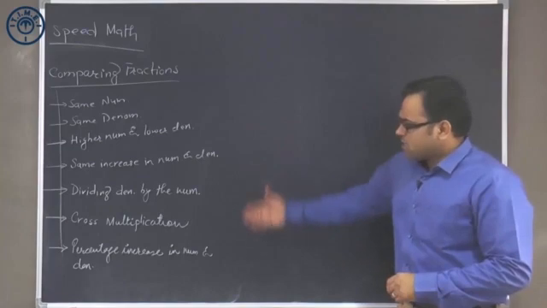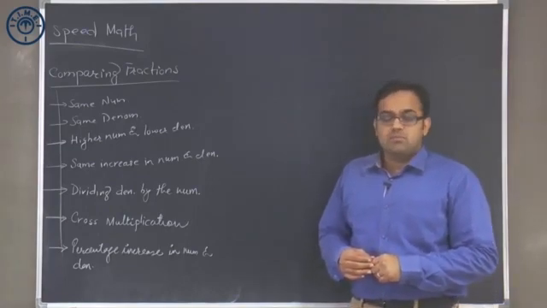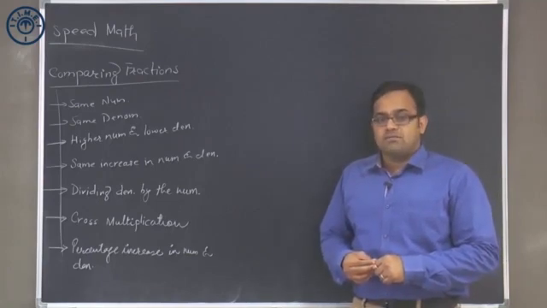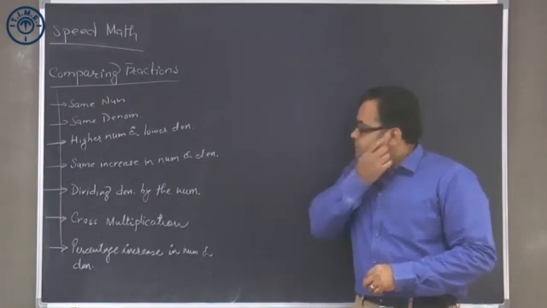So as you can see, there are n number of ways of comparing fractions, and there can be no single ubiquitous method that we can use everywhere. So what we are going to do is look at each of them one by one.